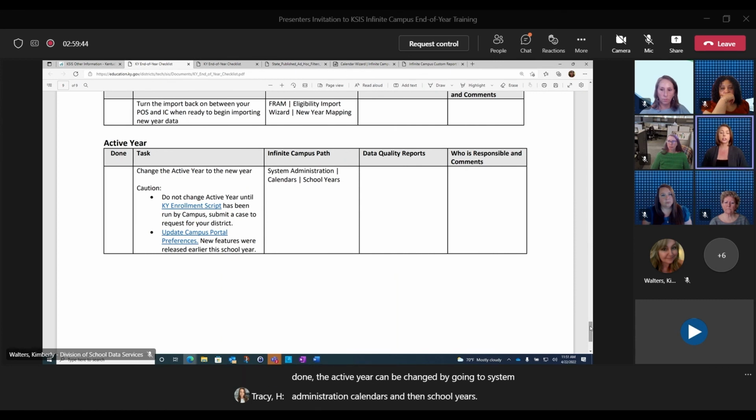This is also a good time to update Campus Portal preferences. So you can do this by going to System Administration, Portal, Preferences, Display Options. The link to the document will take you to another document that has the specific steps on how to do this in Infinite Campus. There have been several features added to Campus Portal, one of which was previously controlled by active year, but now you have the option to see different calendars along with other new preferences. And that concludes our